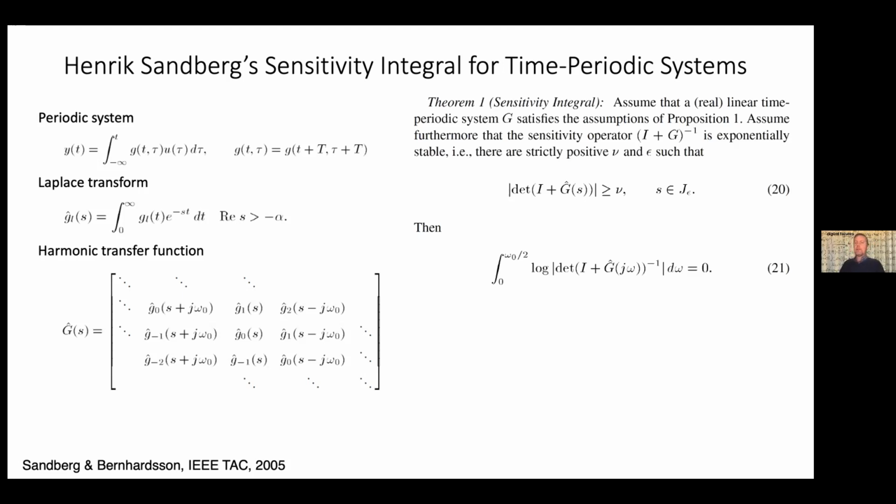So that's basically what it says here. So we have now a sensitivity operator that we consider. We have to assume, just as previously, this is stable. And if it is, then we have a sensitivity integral, which looks very similar to what you have seen before, right? Now it's multivariable, so we have a determinant there